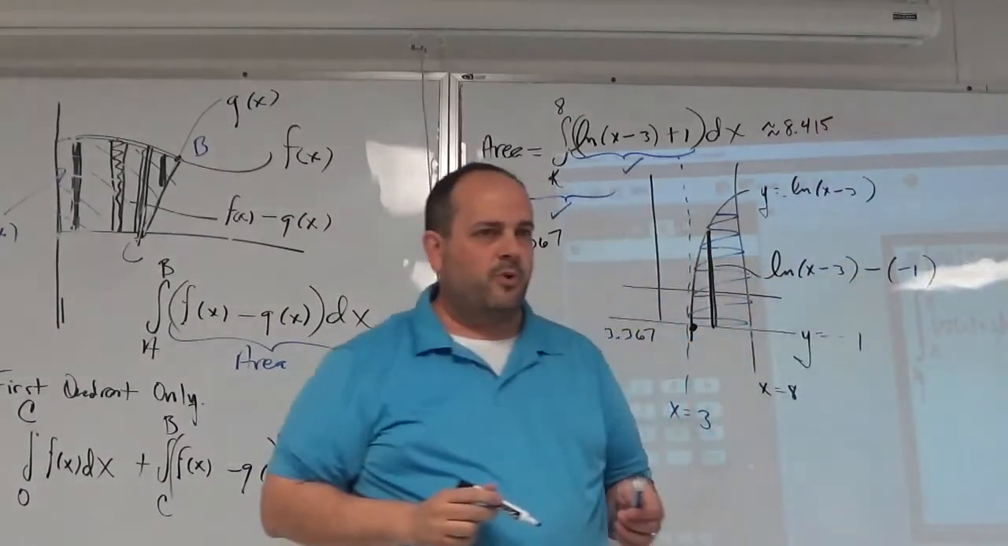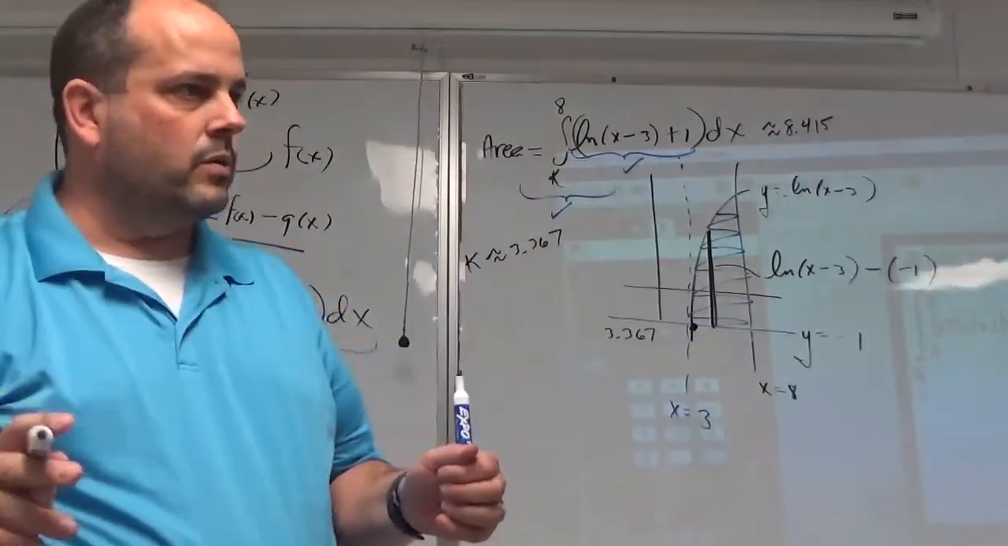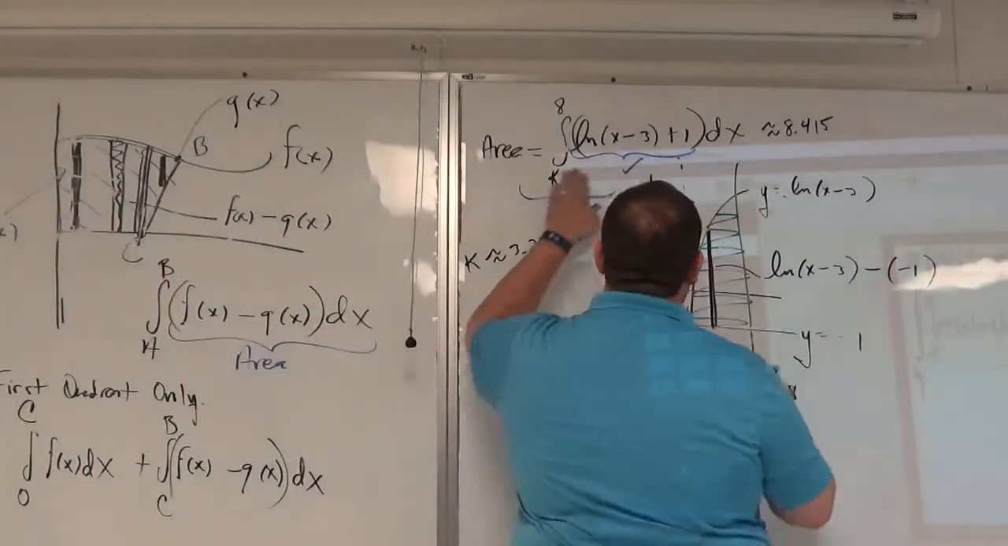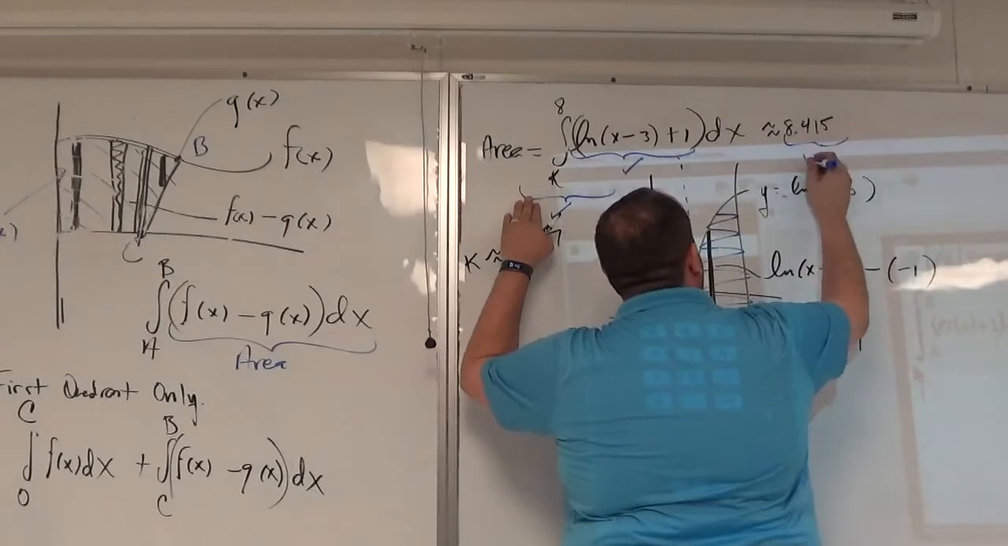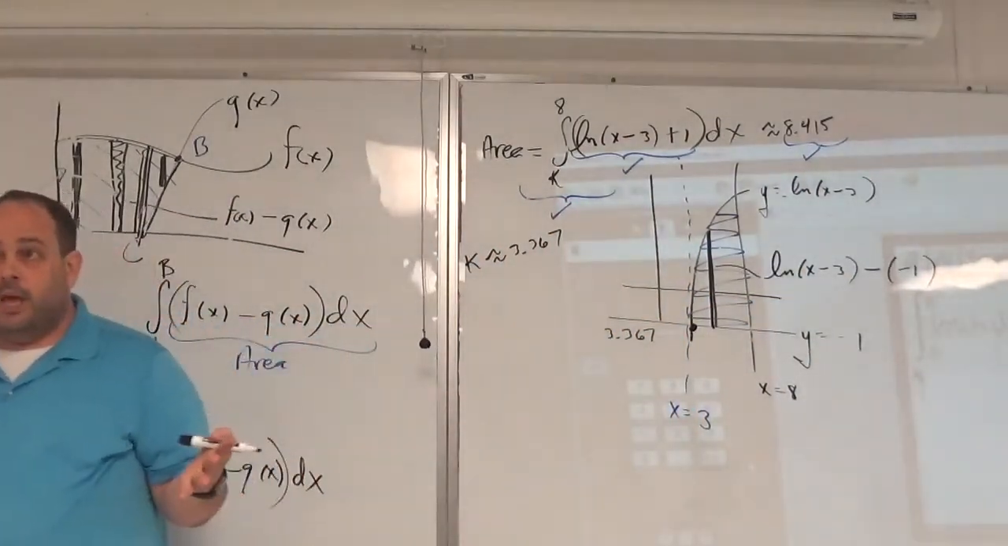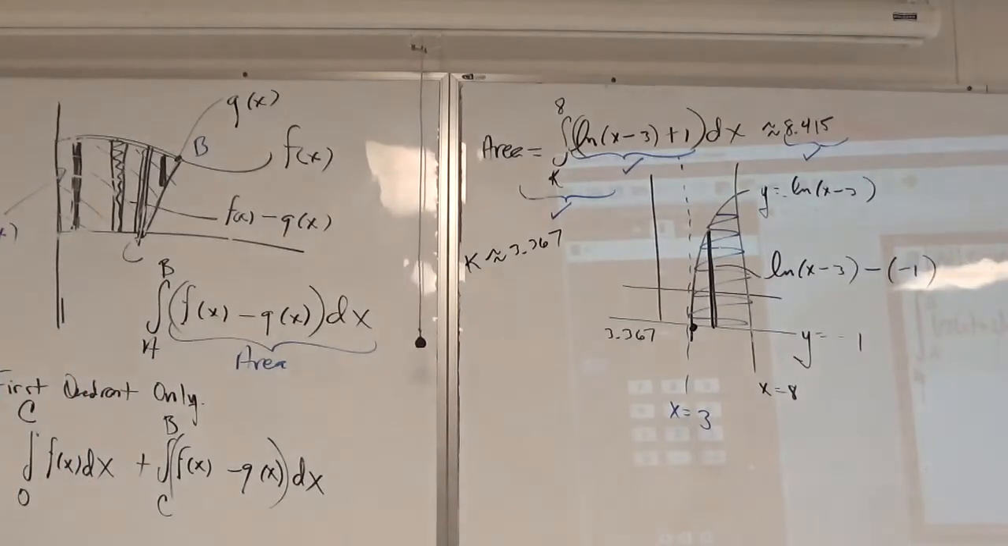How many of you honestly hit 8.415? Okay, we're moving in a good direction. So 1 point for the integrand, 1 point for the limits of integration, 1 point for the numerical answer, grand total of 3 points. What I want to do is give you guys the next 12 minutes